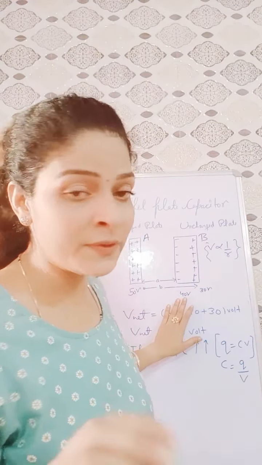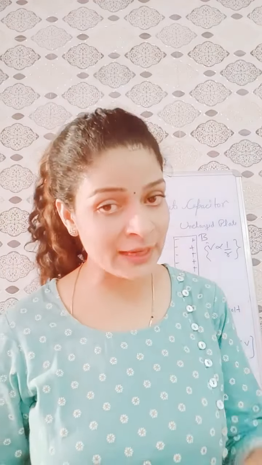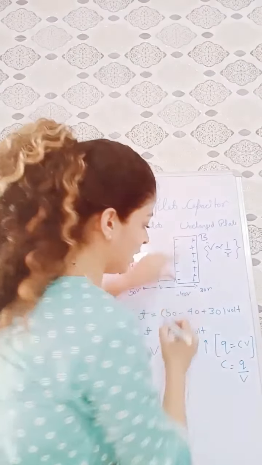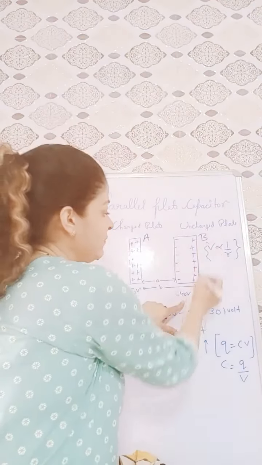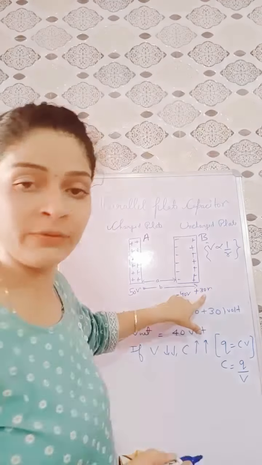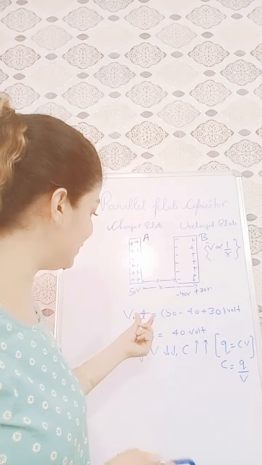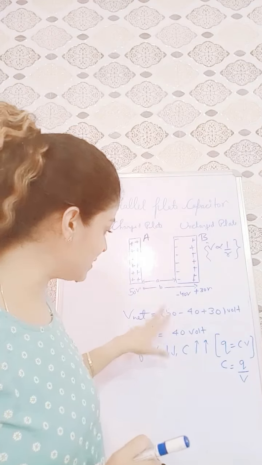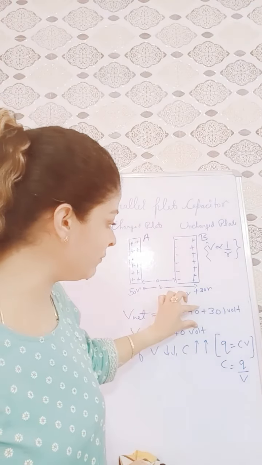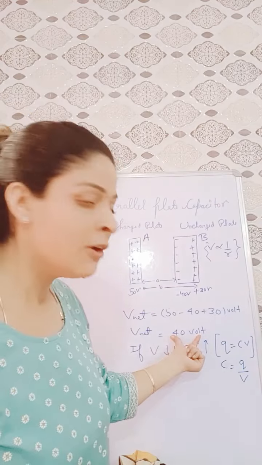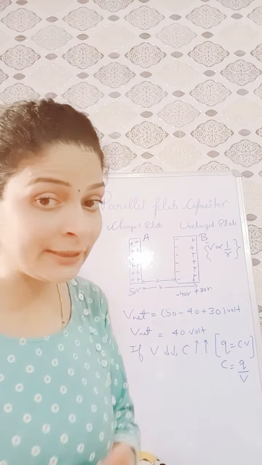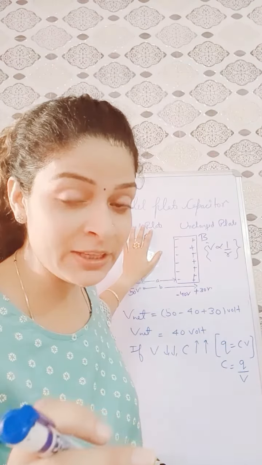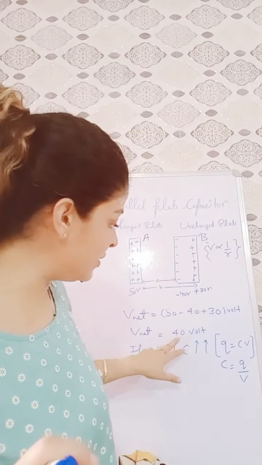Okay, now see, we know that the electric potential is a scalar quantity, so we'll consider the sign also. So these negative charges on the plate B produce a potential of minus 40 volt, while the positive charges on the plate B produce a potential of 30 volt. Now if we see the overall effect, then what is the net potential on this positively charged plate A? Look here, this is 50 volt minus 40 volt plus 30 volt. So the answer will be 40 volt. So what we have seen is that the potential reduces, because initially the potential of the positively charged plate was 50 volt. Now the potential reduces to 40 volt.